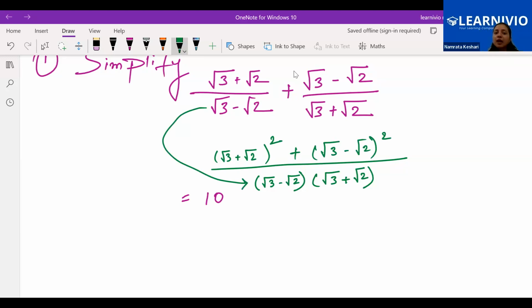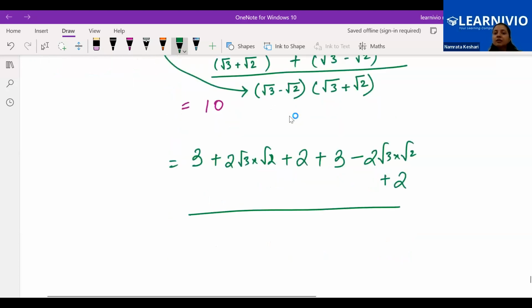And we will end up having a square plus 2ab plus b square. 3 plus 2ab, you will be getting 2 into root 3 into root 2. That will be 2 into root 6, we can say. Both the square root numbers will come together and get multiplied with each other. Plus b square, root 2 square will be only 2. Similarly, here also we will be doing a square minus 2ab, plus b square, root 2 square will be only 2,